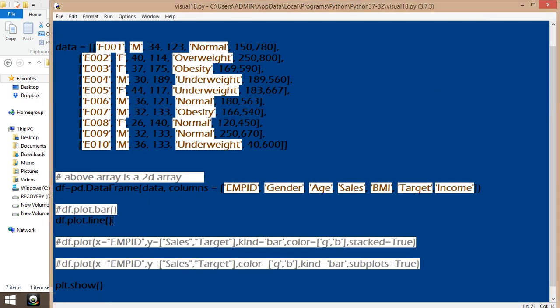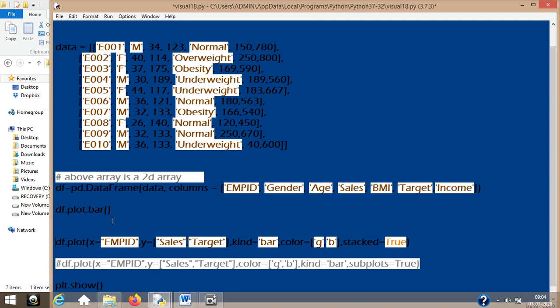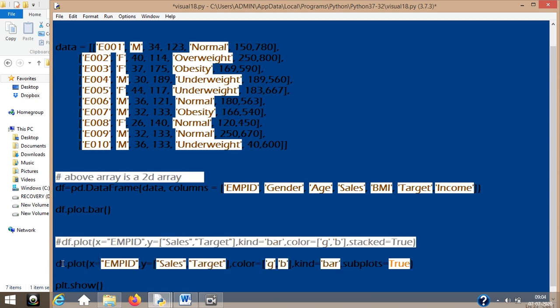So you learned that you can use df dot plot dot and the different kinds of options available in the graphs. Now this is the old one itself, so I'm not going to uncomment it, just clearing it to you. See, the same thing is done here, which we did earlier. I'm not going to run that. You know what happens here. There is a new argument. See, subplots. Just now we saw how to make a stacked graph, and earlier we also saw how to place multiple graphs, isn't it? Now if you specify this,